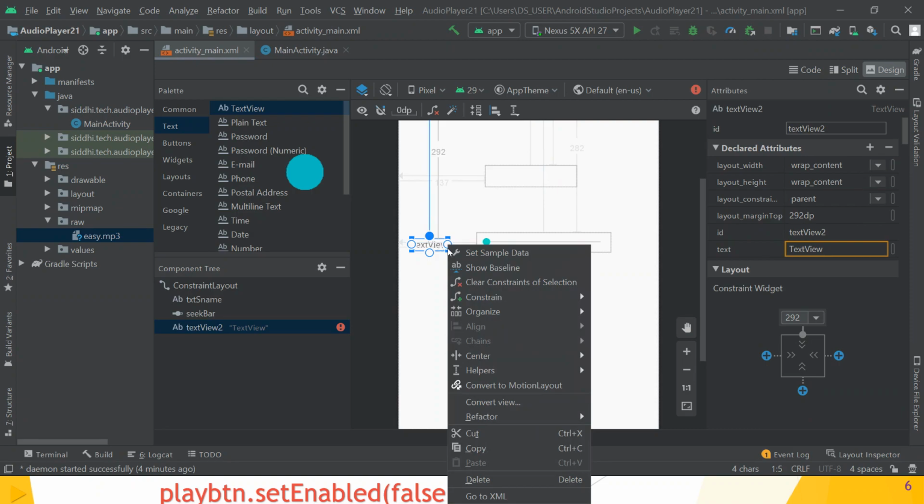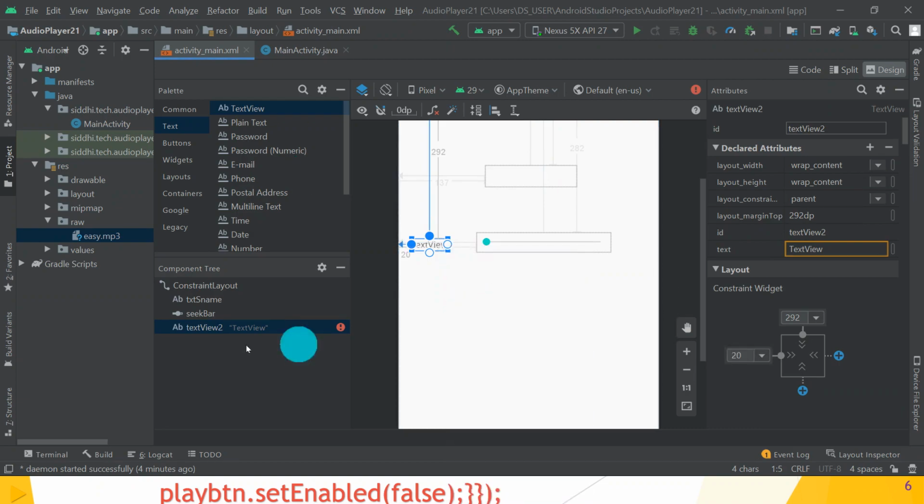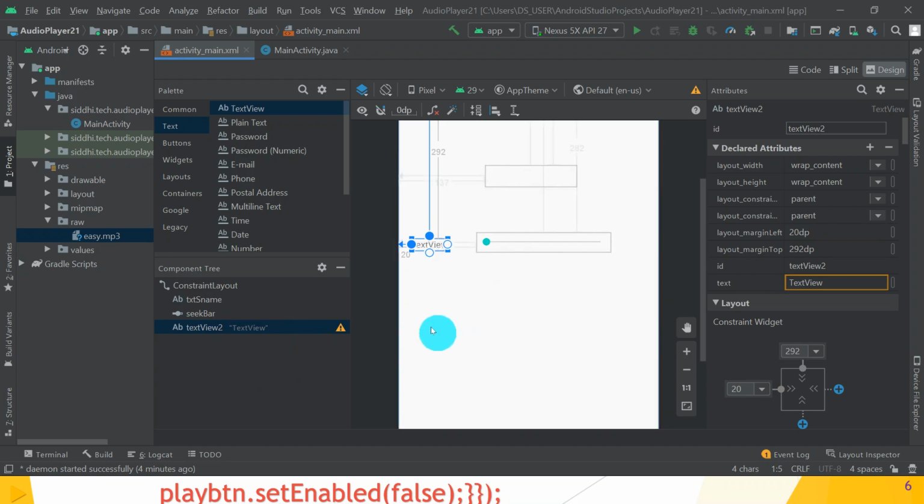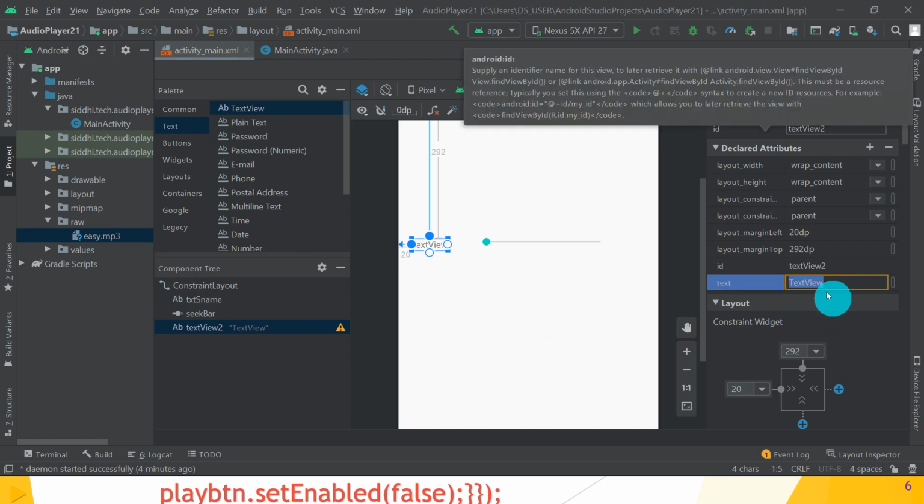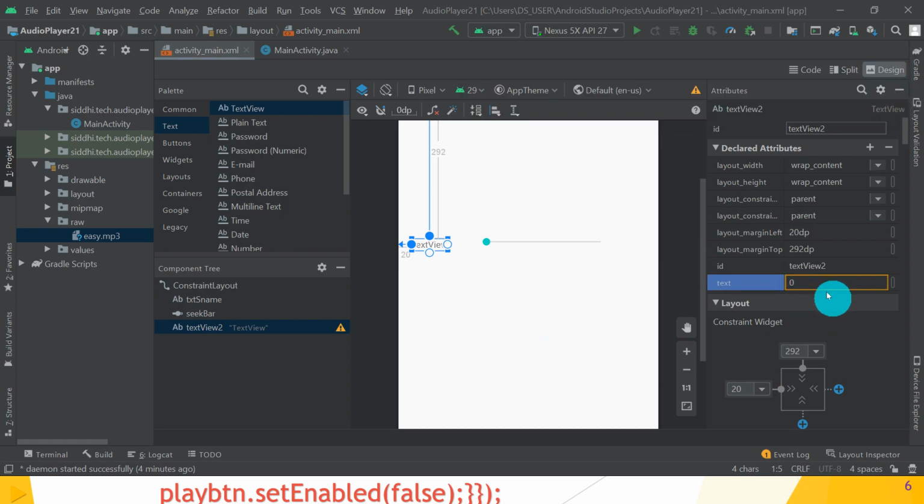Okay, so choose parent start. Great. So it removes the error. Then write the start time in minutes and seconds. So initially 0 minutes, comma, 0 seconds. So initially the text on the start time is 0 minute and 0 second.